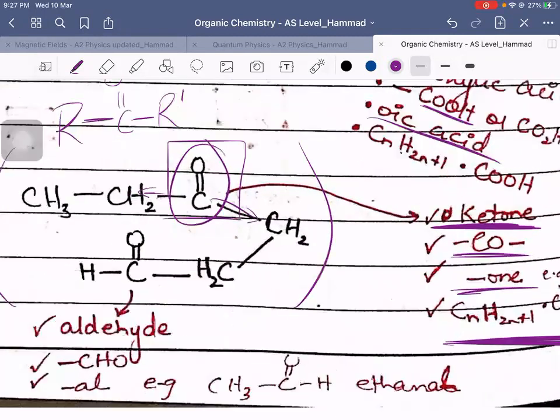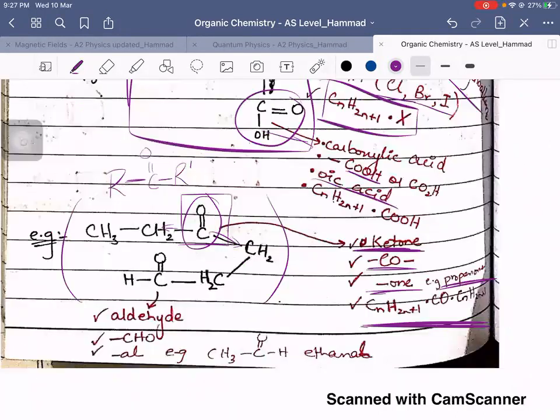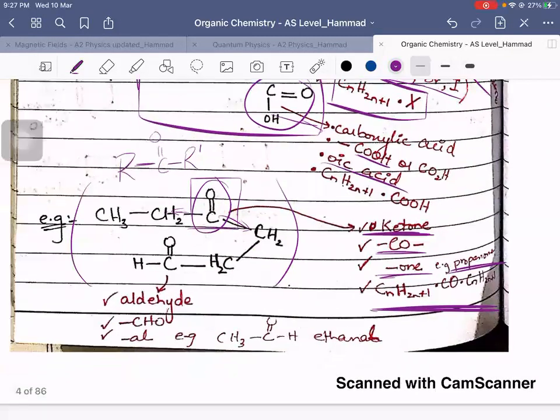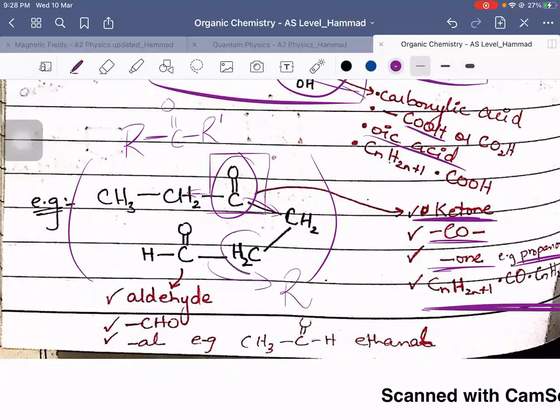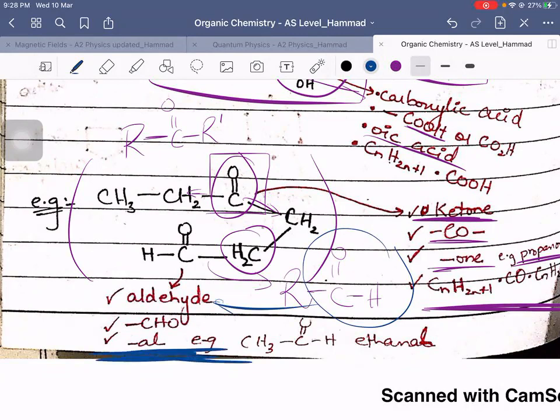Right? This is a functional group that you do not study in O levels. This has been introduced in AS. Similarly, there is another functional group. There's an alkyl chain R, there is C=O, and next to C is H. This part is called an aldehyde. The CHO group makes it an aldehyde, and there is an -al attached. So let's say this was 2 carbon, that would make it ethanal.